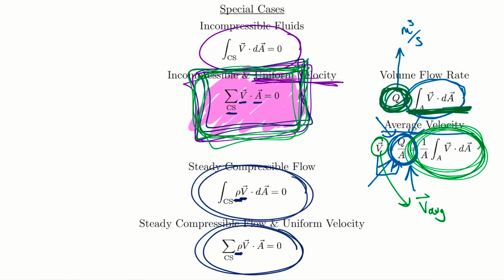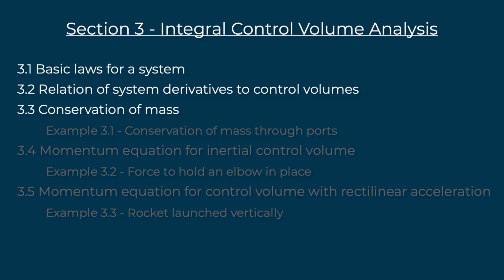And that's it. I guess I'll do a quick summary because I often get asked for that. So basically in this lecture, we talked about section 3. Okay, and basically we're going to be doing mass balances and force balances over control volumes. Okay, so we call that an integral control volume analysis, right? Because as engineers, what we're concerned about looking at is control volumes, okay, which is a location in space that we picked out. Normally it corresponds with a wing or a rocket or something like that,